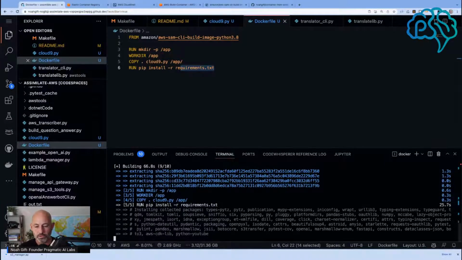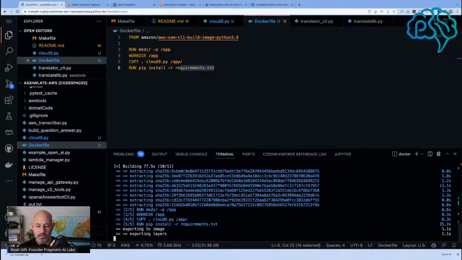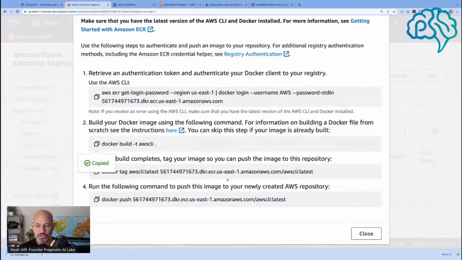Okay, still cranking here. Looks like it's almost done. So it's looking pretty good that I can actually containerize this new tool that I wrote. Okay, perfect. Now, what I'm going to do is run the next command, which is this one,